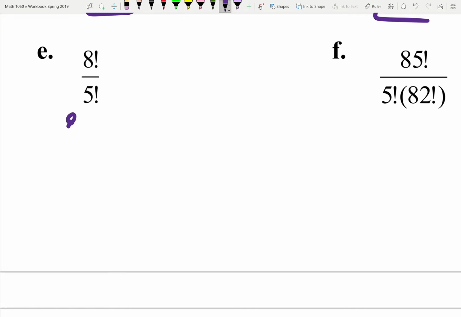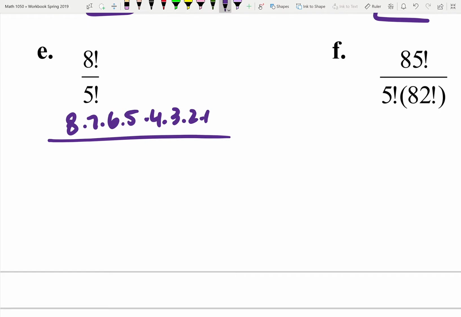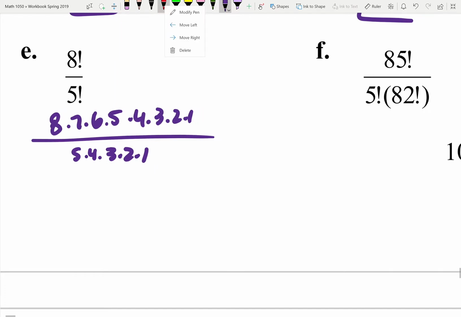Look, this means 8 times 7 times 6 times 5 times 4 times 3 times 2 times 1. Just write that out so I can show you what we're going to do. On the bottom, 5 times 4 times 3 times 2 times 1. So look what happens. The 5, 4, 3, 2, 1 on the top cancels with the 5, 4, 3, 2, 1 on the bottom. So then what I really have is 8 times 7 times 6, which is 336, and